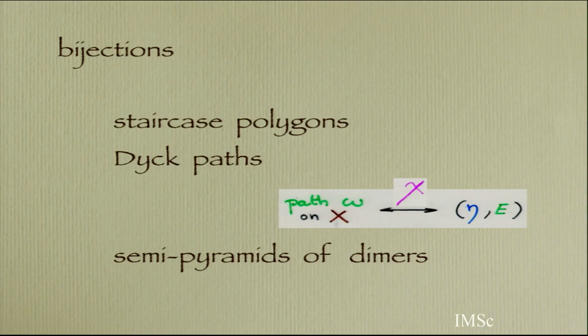Now just apply the bijection of the class: Dyck path to semi-pyramids of dimers. The Dyck path was a heap of cycles with a self-avoiding walk on the top, but because the Dyck path goes back, it's a circuit, U equals V, it goes back to the origin, so the self-avoiding walk is just a point. So it's a semi-pyramid of dimers. I replace dimers by cycles of length 2.